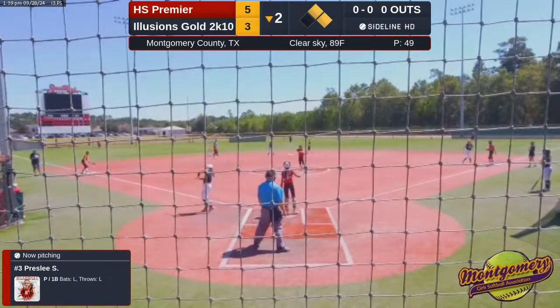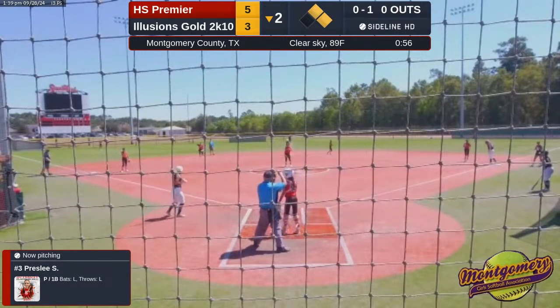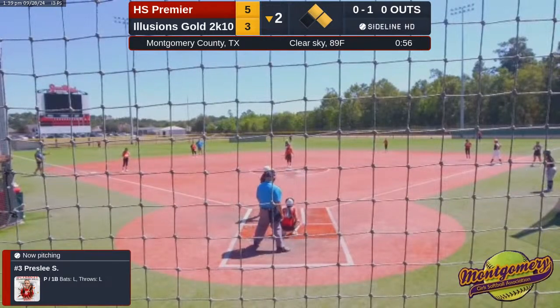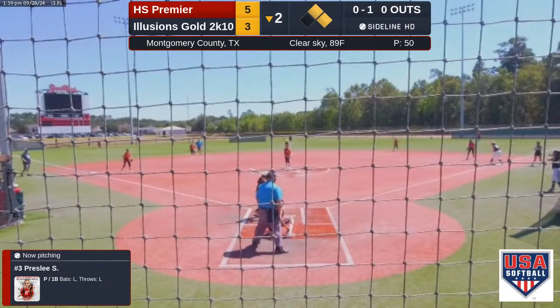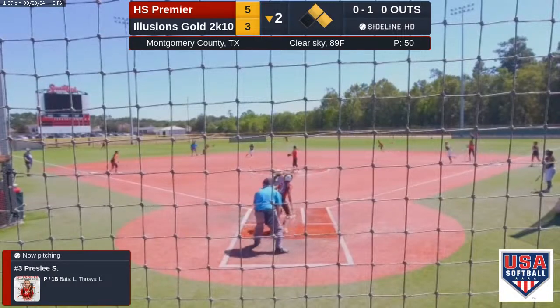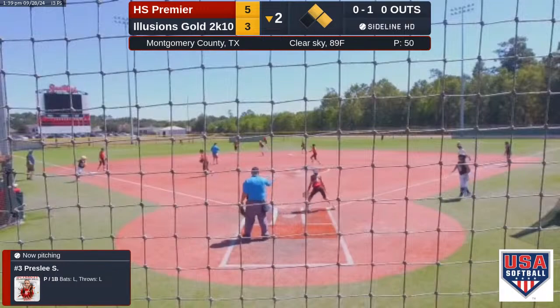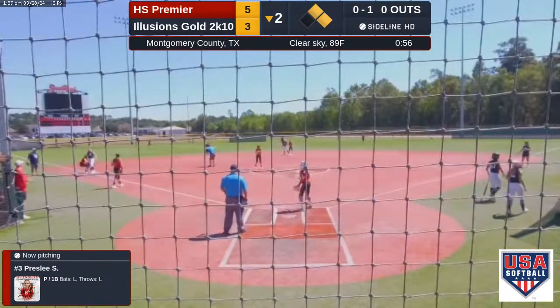Strike one. Ball's hit hard up the middle. That's a base hit. This is going to be cut. You're going to go to third. And I think she got it.